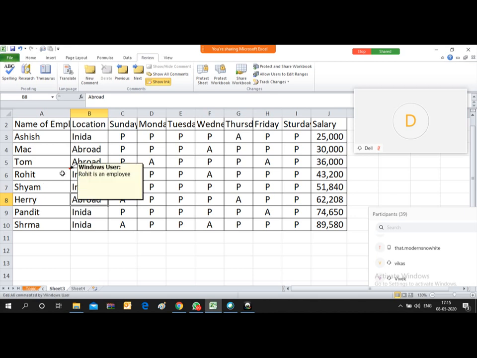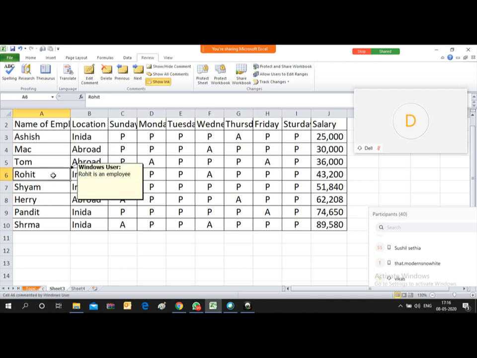Since I am using screen sharing, it does not appear here. Otherwise, your name will appear as the person who has written the comment. Wherever you send this file, the viewer will be able to see who has written what comment.